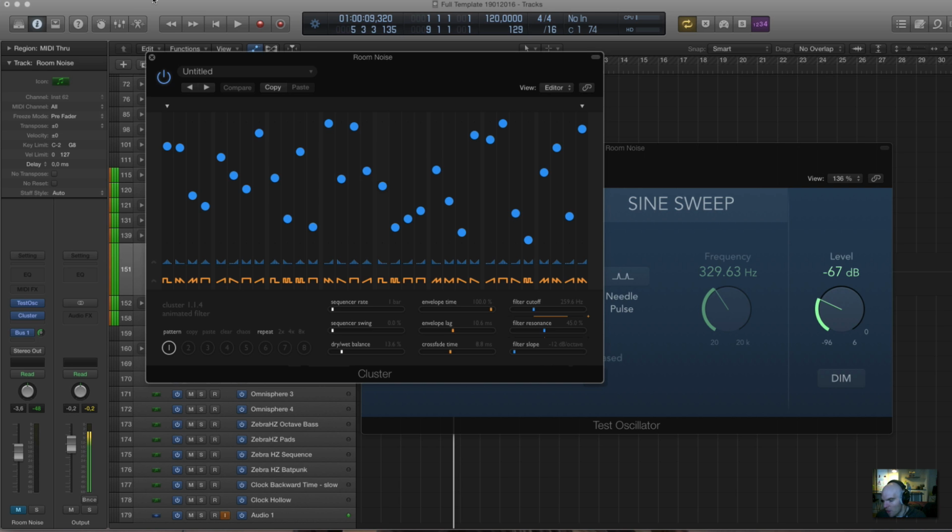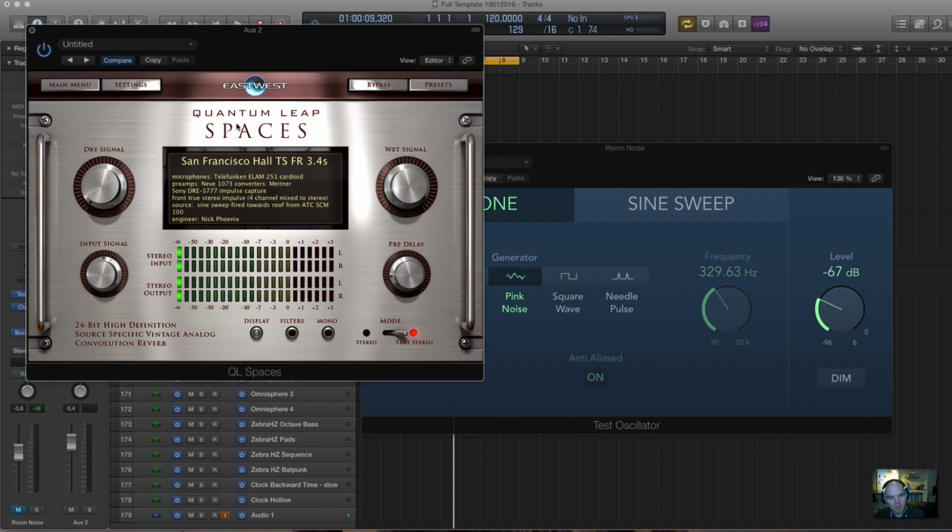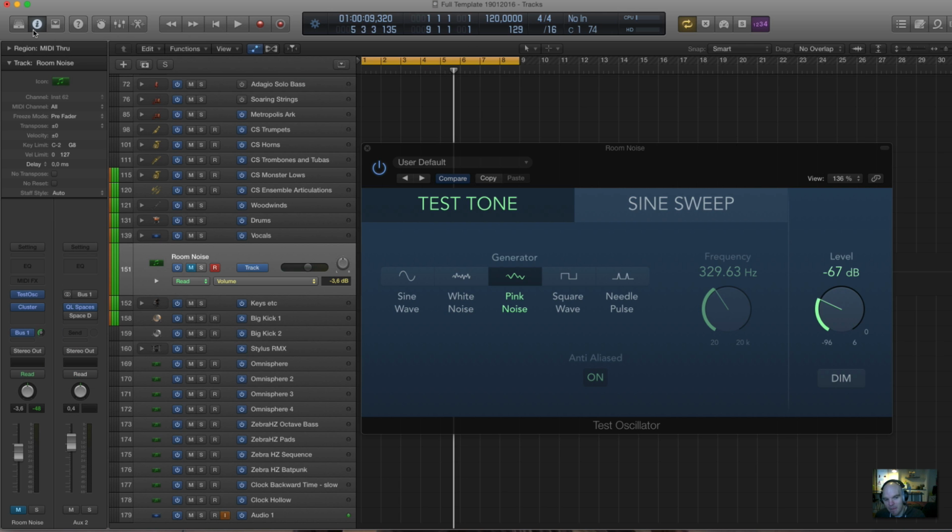You can do the same with the auto filter in Ableton Live, for example, or the filter in Cubase, and just add some randomness with a notch or something, and everything goes through a convolution reverb that's most of the time the same convolution, the same impulse response I'm using for my template in general. So that way I create this interesting room noise out of nothing,